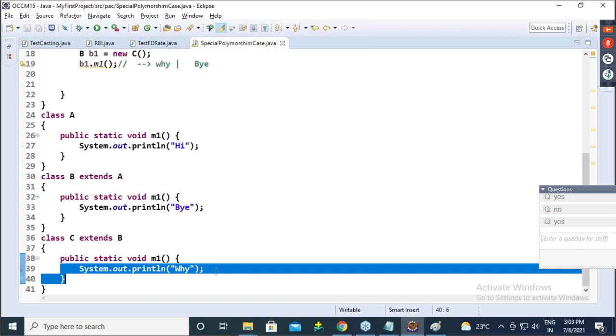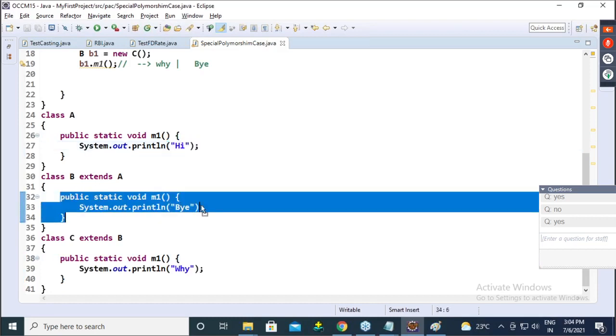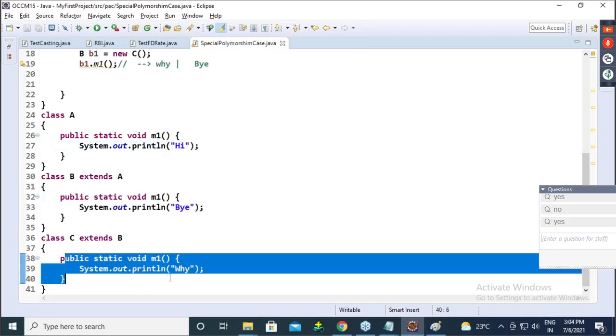No compile time error, Ligina. Compile time error will come when you apply the @Override annotation. That annotation is optional. Here I am not giving it. So it becomes method hiding. This M1 is hidden behind this.